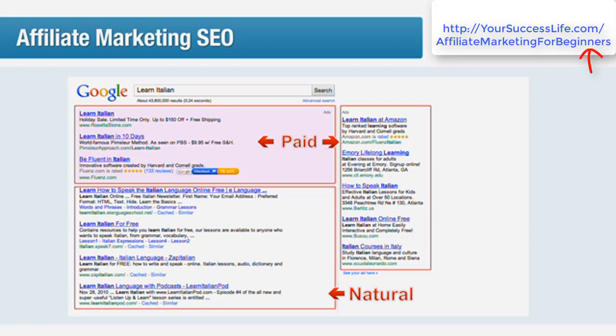The term search engine optimization, or SEO for short, refers to the things you can do for your website to help it appear closer to the top of the search engine rankings for your important keywords. The closer to the top you are, the more traffic you'll get. The more traffic you get, the more money you make. It's an equation that makes a lot of sense to affiliates.